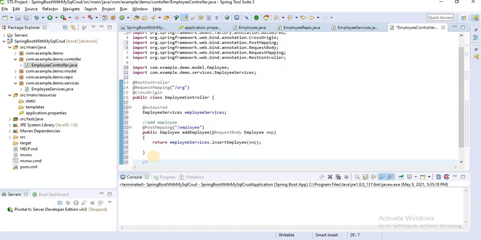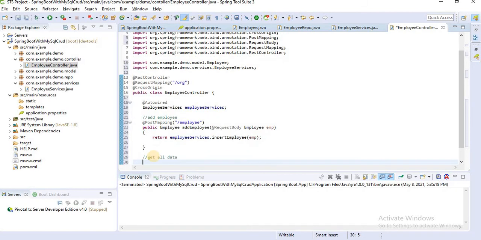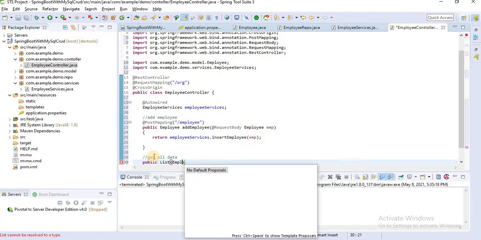Then we have to get all data. Let's create one more method, public list of employee. Here we are getting all data. Remember, here we are using list of employee.